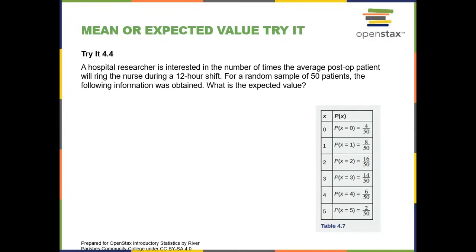Now press the stat button, which is in the second row of the calculator keys. I'm working with a TI-84. So stat button and then number 1, which is edit. Now you have the different lists, L1, L2, L3. Your cursor, the black rectangle, is sitting on the first line in L1, where you are going to enter the X values. So first type in 0 and then hit enter.